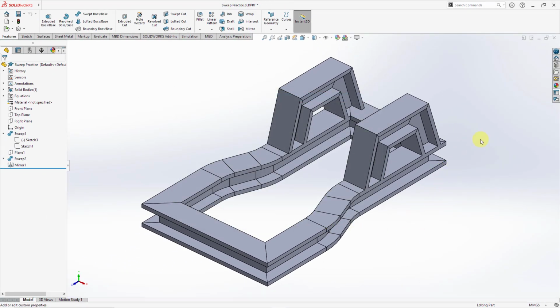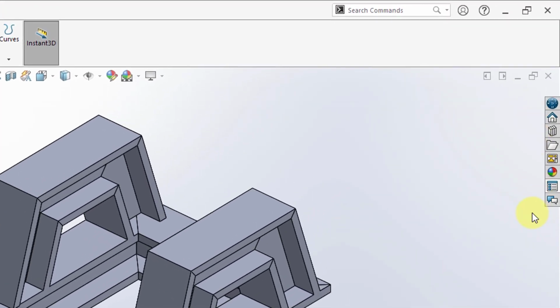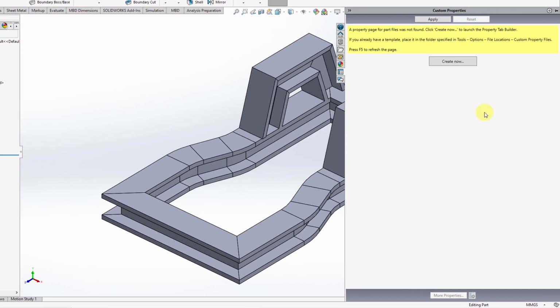One other thing about SolidWorks, over on the right hand side of the screen, you have a series of icons, and here we have one for custom properties. I will open that up, and this pane, you can even make it wider, is intended for you to set up certain different custom properties that you want all your users to fill in for every model. And to aid that, you have a special utility that helps you build a form in here. If I click on Create Now,